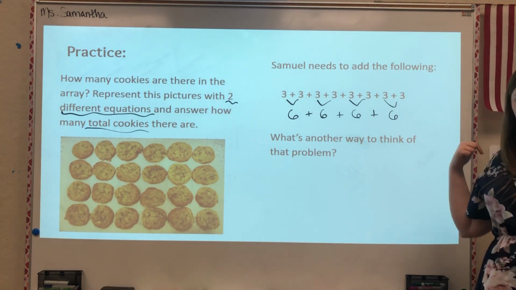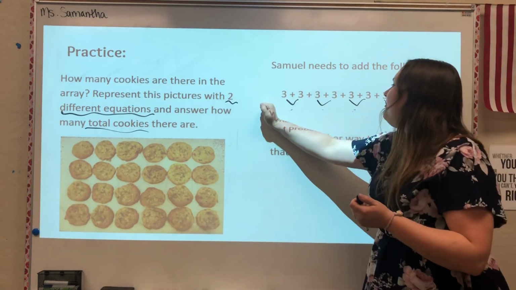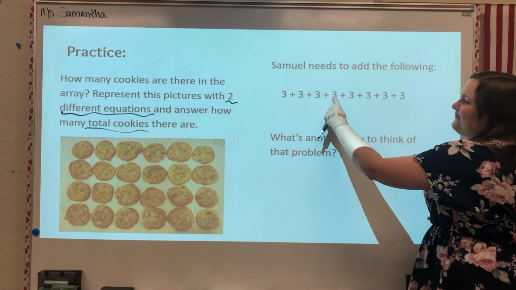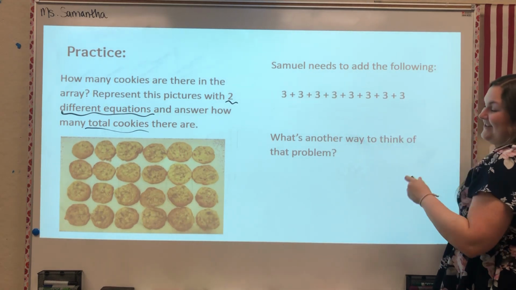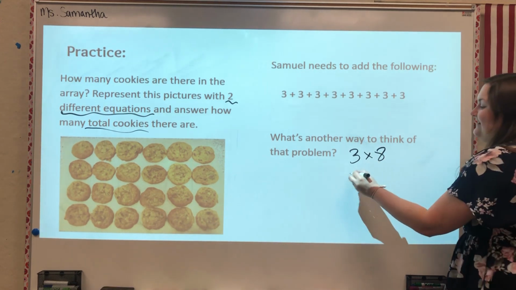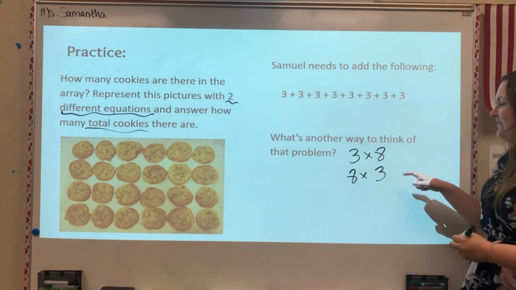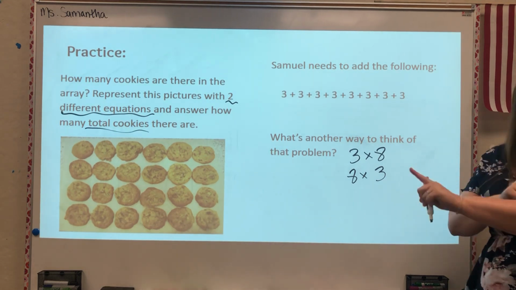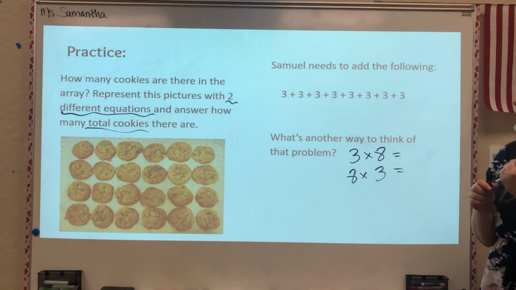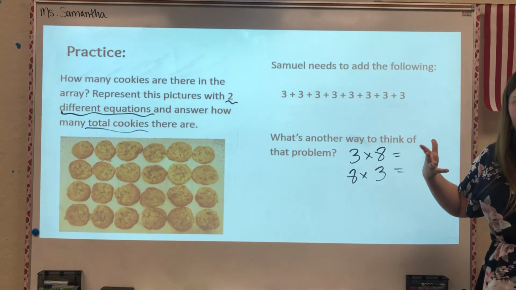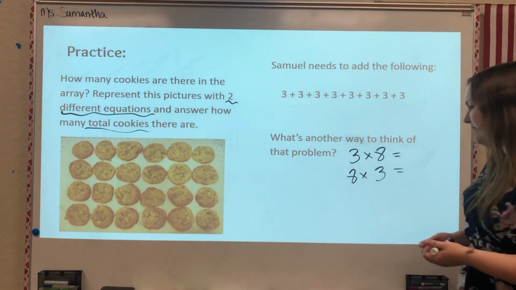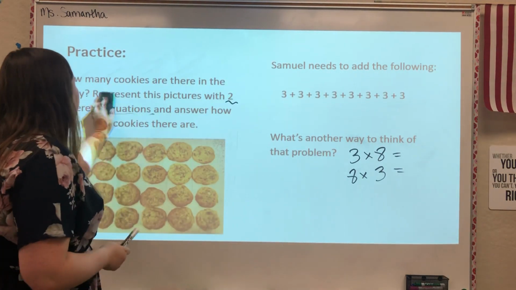You're thinking about changing it into a multiplication problem. We want to know how many of these we have. We've got 1, 2, 3, 4, 5, 6, 7, 8. So another way you could think of this is 3 times 8. You could have also written 8 times 3. One of the key things with multiplication is that the order you write those doesn't matter. They both equal out to the same thing. So this was our introduction of multiplication, specifically focusing on what it means to multiply something. The next part of this